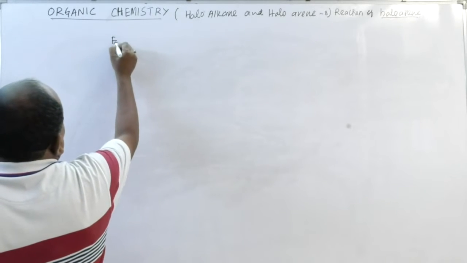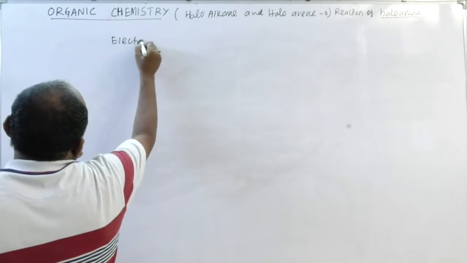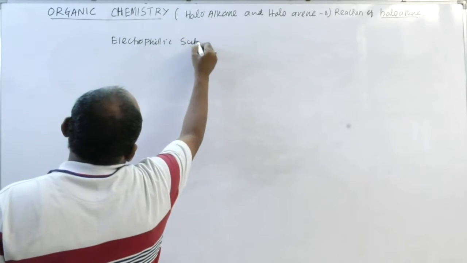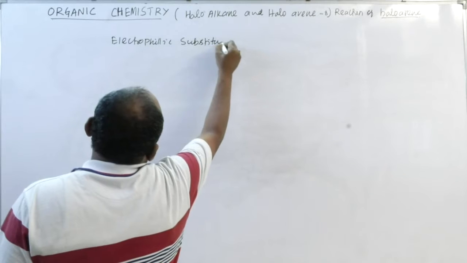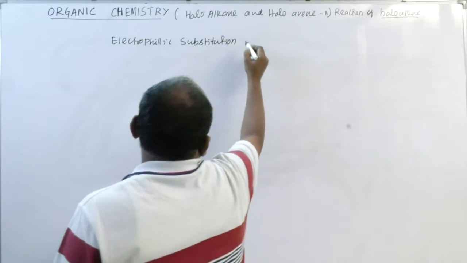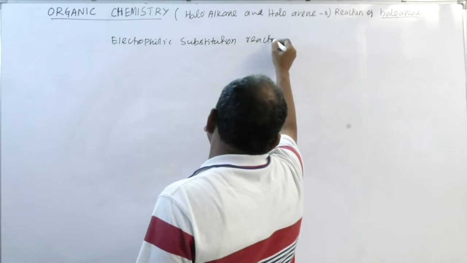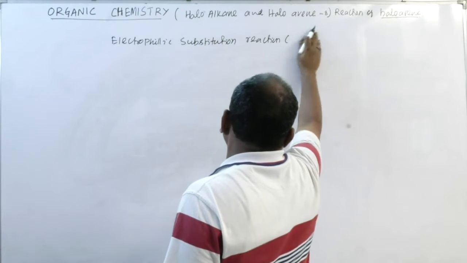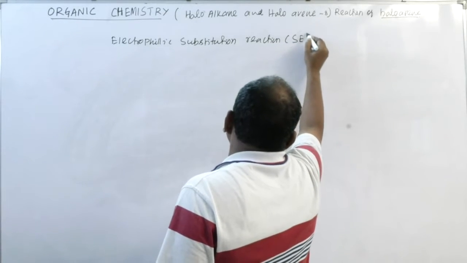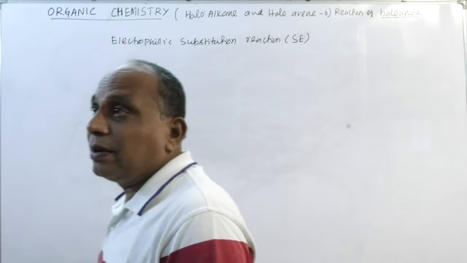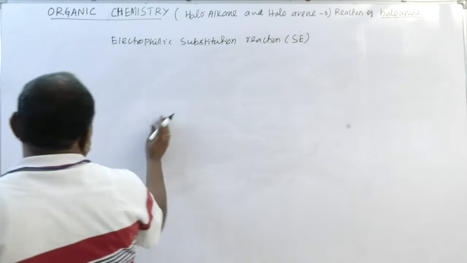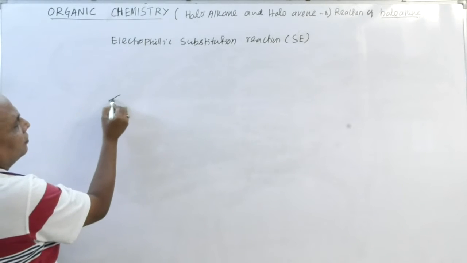That is where it undergoes electrophilic substitution reaction. What is this electrophilic substitution reaction? The electrophilic substitution reaction means the hydrogen atom of the benzene nucleus of chlorobenzene,